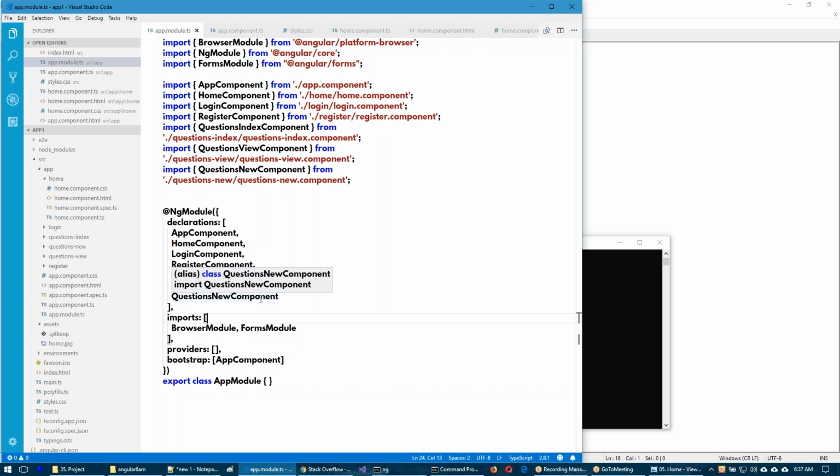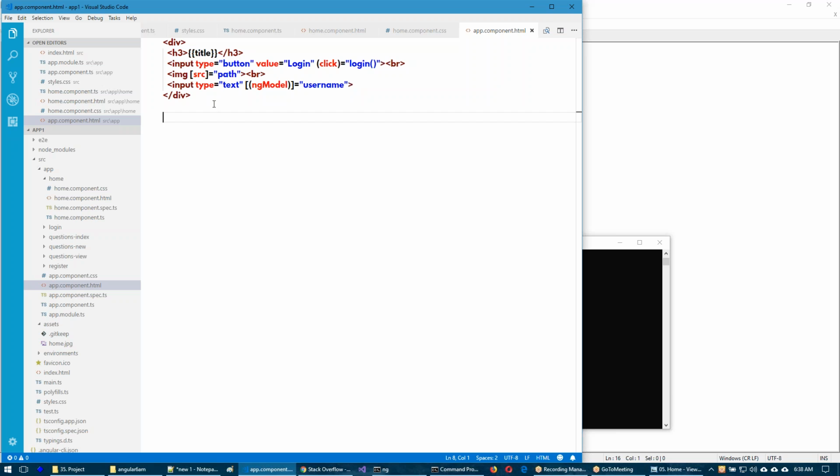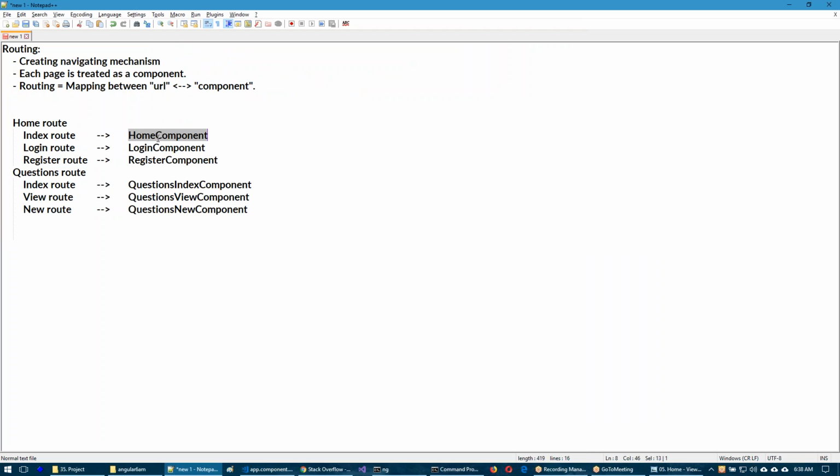So now we have created as many components as you wish. Suppose, for example, you want to display all the components together in the app component. So go to the app component template, that is app.component.html. Here we are going to have one separator like an HR, because the previous example was just login and username; this example we have created now. Just below the heading, below the horizontal ruler, we want to display all these components. First, which component? Home component, for example.